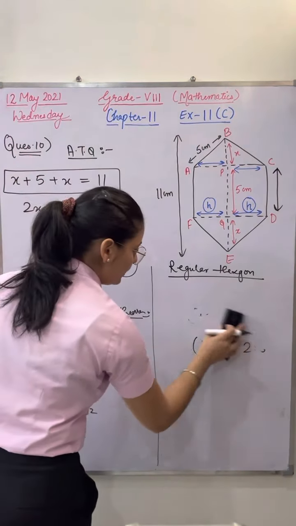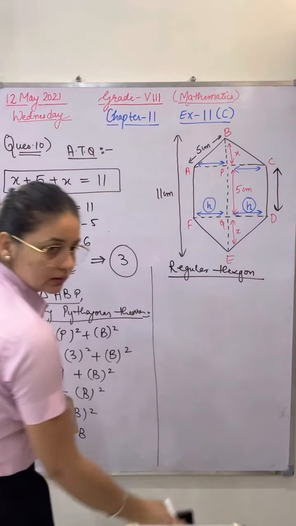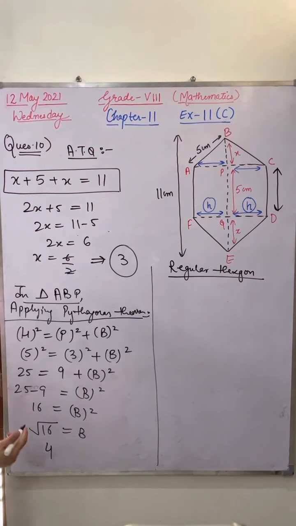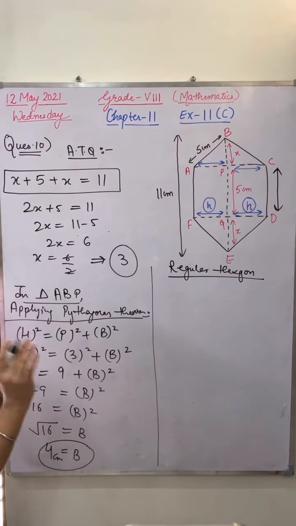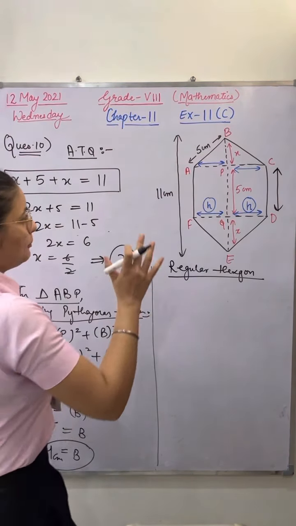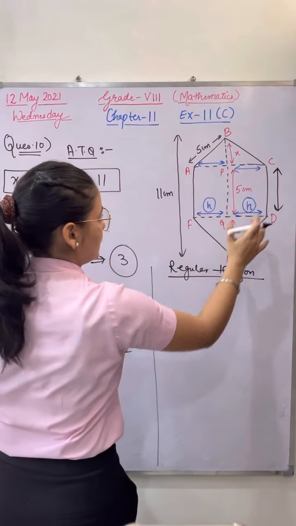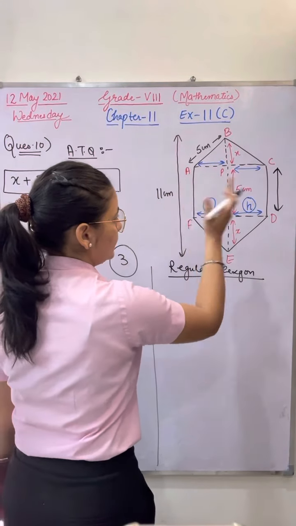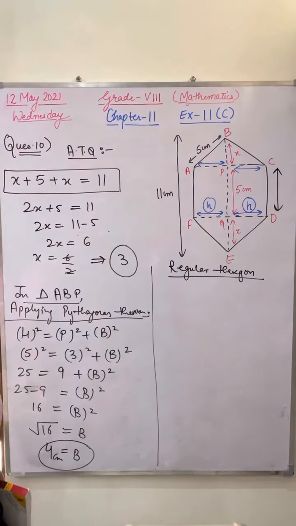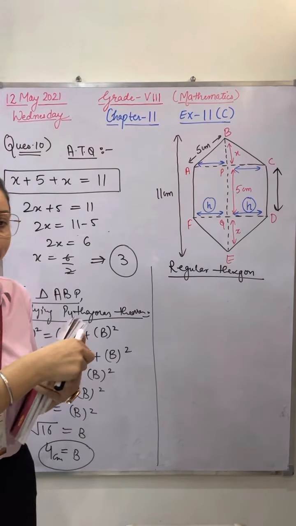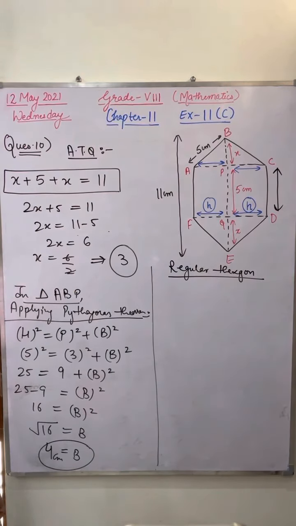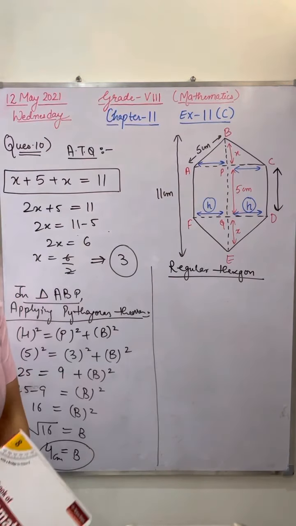Okay, now look here properly. Look here properly. Now you have taken out base. You have taken out base, that is 4 centimeter. Now please tell me, in this complete hexagon, you can split this hexagon in how many shapes? Samir, Lathar, 6th grade in the class. You can split this complete hexagon in how many parts?